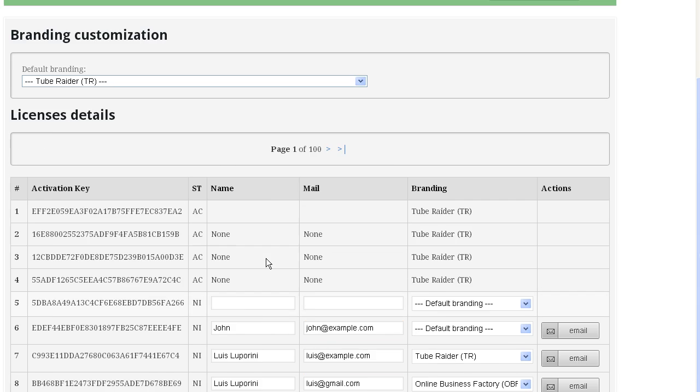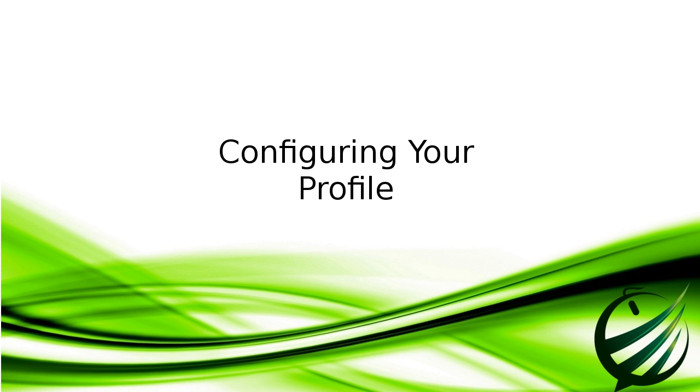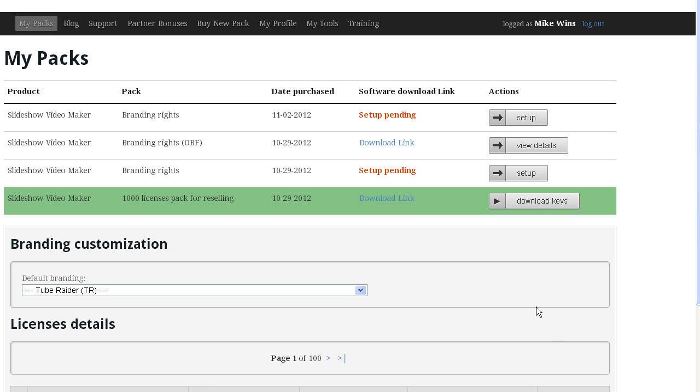We have now created this system, this payment integration model, that is extremely easy to configure. I will show you how to do that right now. So the system works like this. Once you have